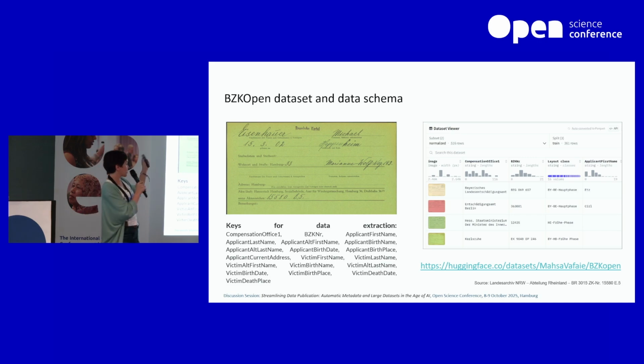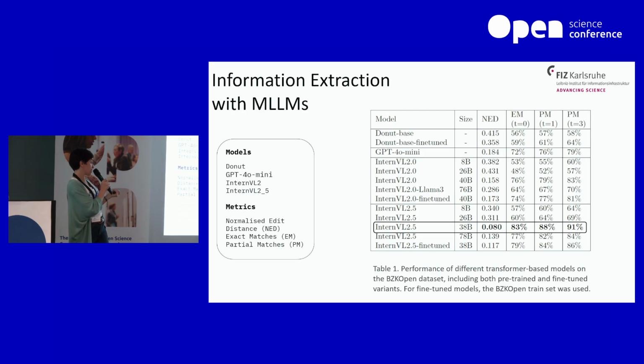And yes, we have also created a dataset that is available on Hugging Face for evaluation of the different pipelines for extraction of information from the VZK dataset, VZK Open. The results in an evaluation framework show that our open source model, InternVL 2.5, size 38B, is actually outperforming the commercial model GPT-4o, and the document transformer-based models that we have experience with.